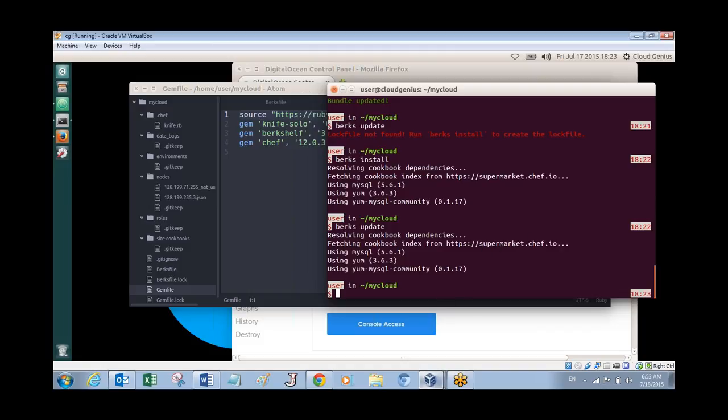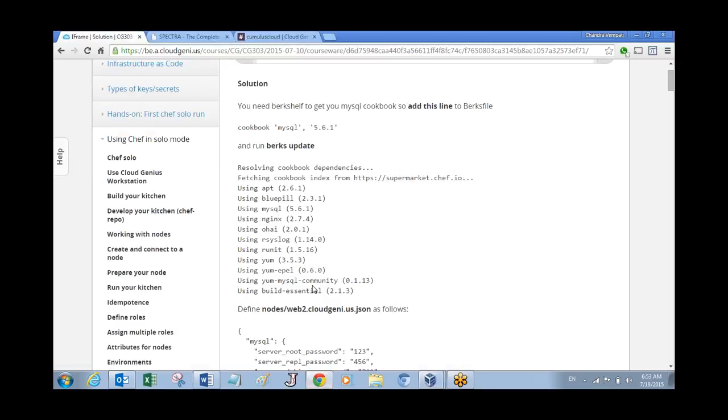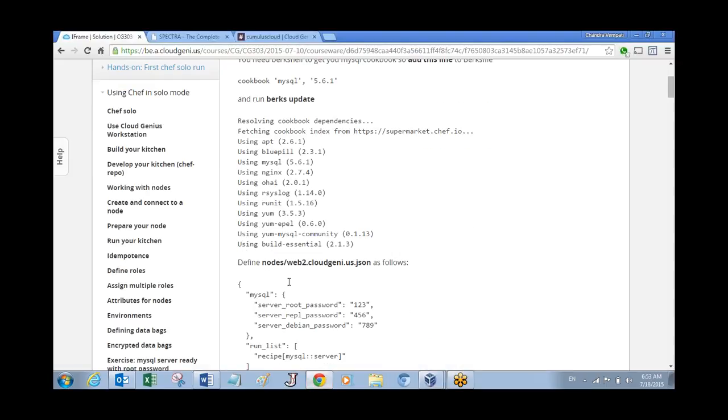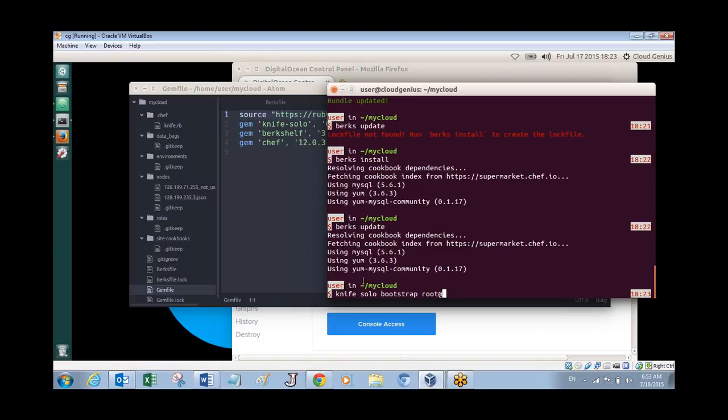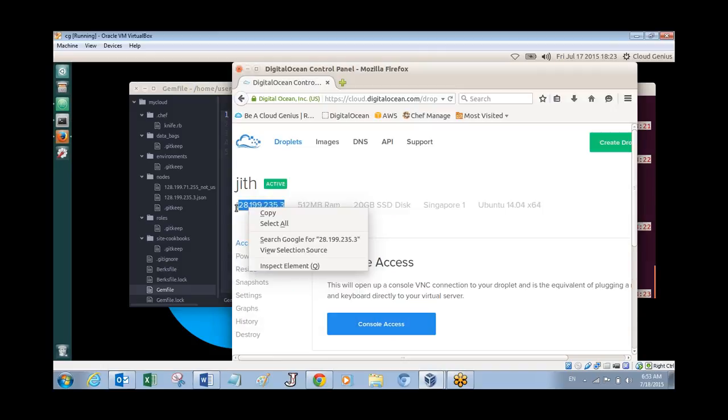MySQL is not a Ruby product, so it is not available in the form of a gem. So if you want to install MySQL, you will go directly and install MySQL through the apt repository in Ubuntu, for example. And that's why we don't have a gem listing in the Gemfile for MySQL. Similarly, there is no listing for Nginx,